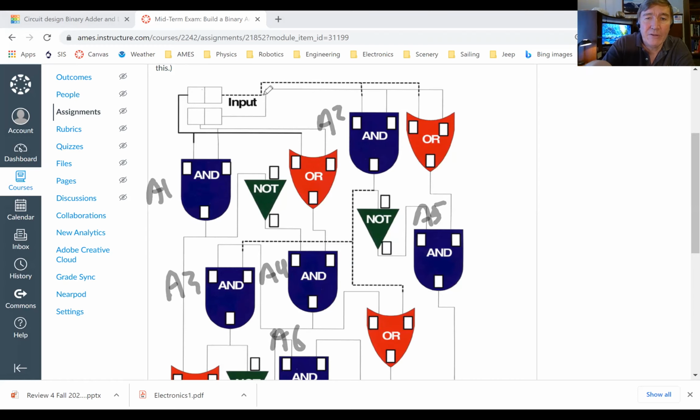And then do the same thing for the OR gate. So let's call this O1, call this O2, call this one O3, call this one O4. And then for the NOT gates, we can call this N1, call this one N2, call this one N3. All right, so then if you have these labeled,